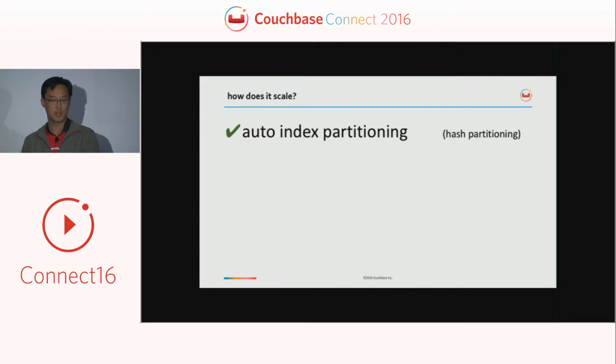So it's actually related a little bit to the hash partitioning that we have for the vBucket side of things. Some of you might know in Couchbase that when you define a Couchbase bucket, it's sharded up into multiple shards, 1,024 of them, called vBuckets. And the way your documents get into a vBucket is via hash function. So